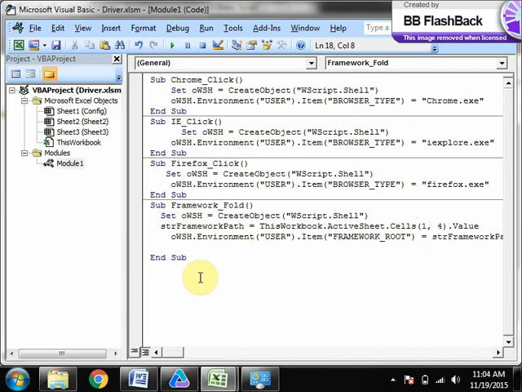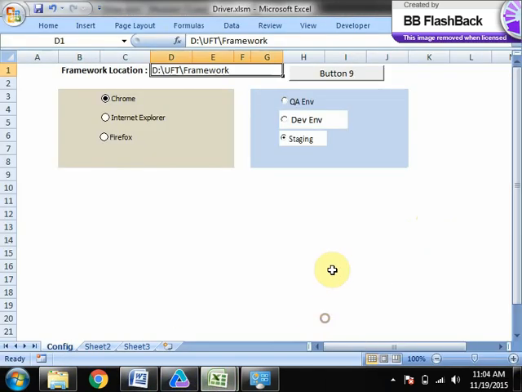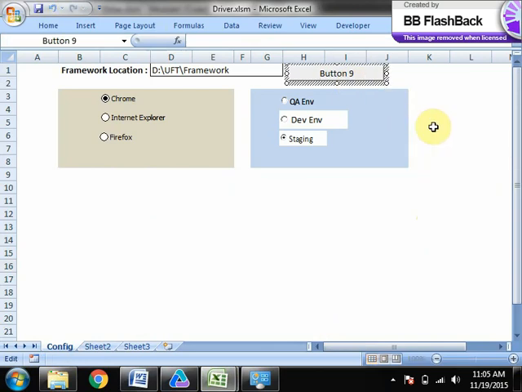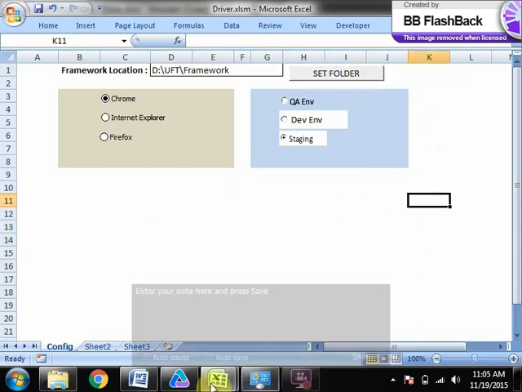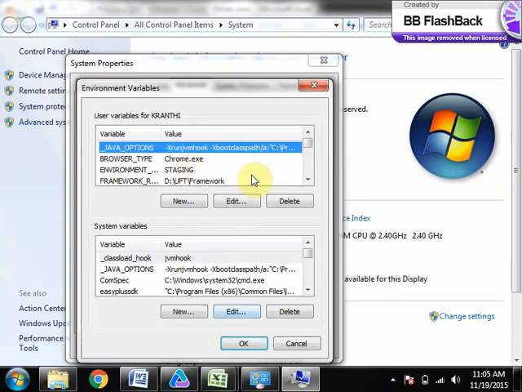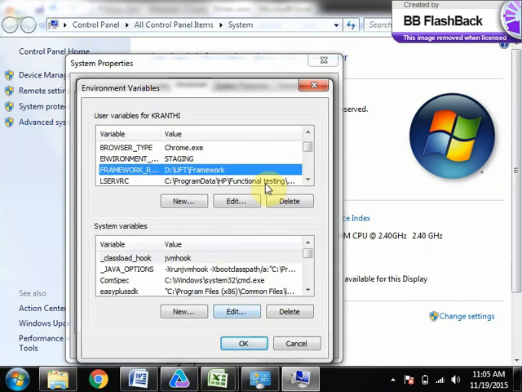then what you will do, you will just change the name as set folder. Okay, now if you click on this, framework path has been set.